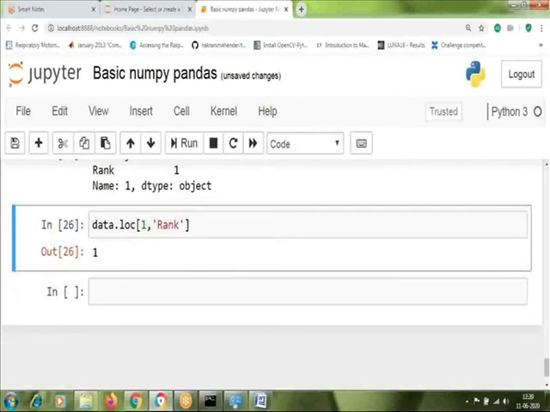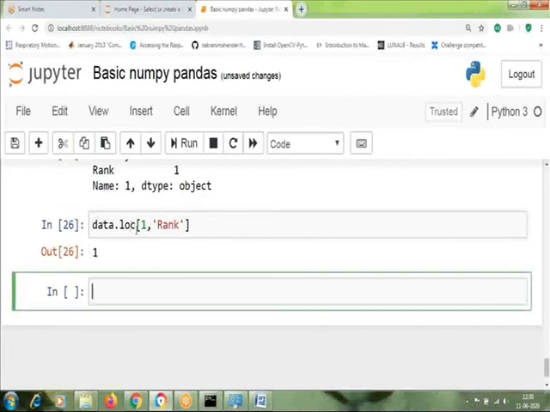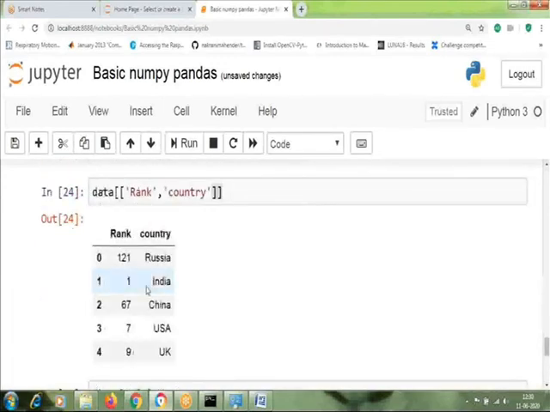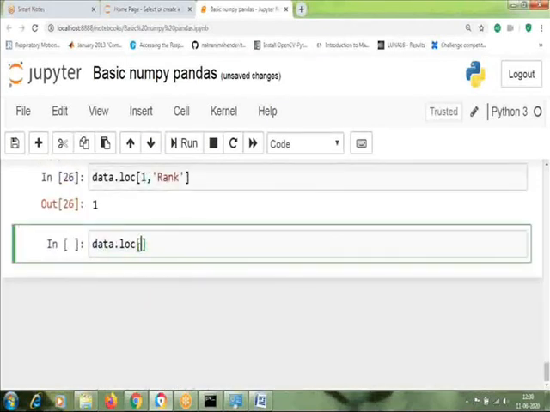It is important if you want to change some content from the data frame. For example, if I want to change the country name, let's say I want to change USA into some other country name, so I can directly use dot loc. Let's say USA is indexed 3. So I'm going to take that 3, comma, then country.